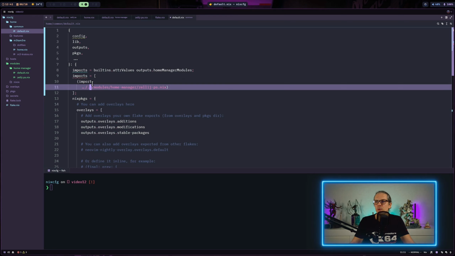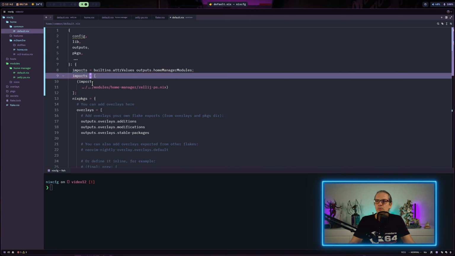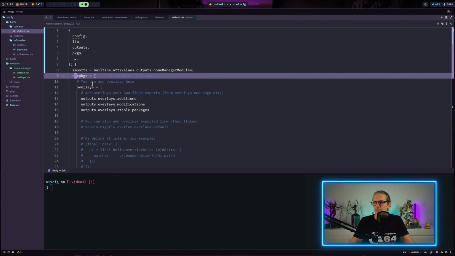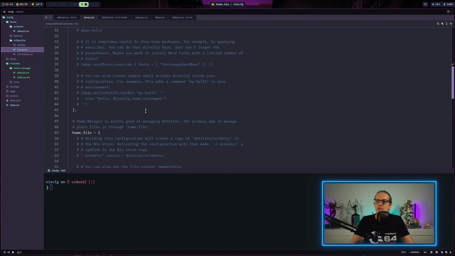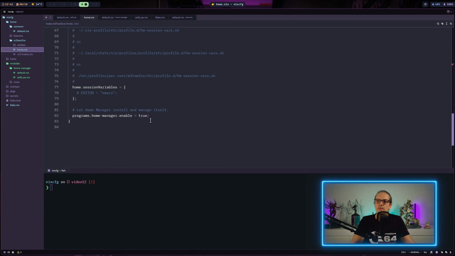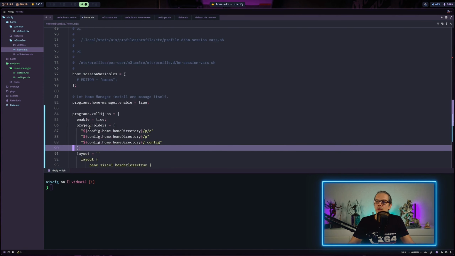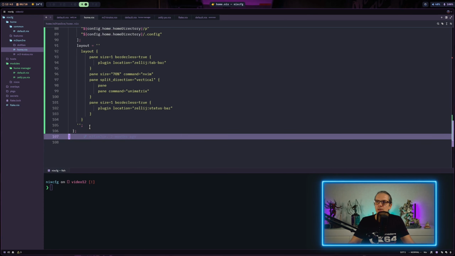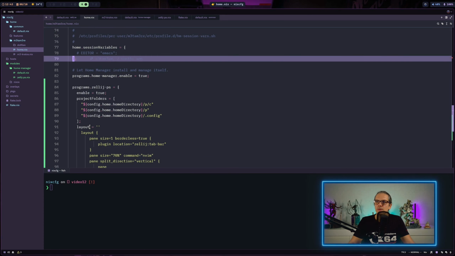And of course, if we have, I don't know, 200 modules in our home manager modules folder, you would have them all in this import statement. That's just for clarity, I will take that away here. And now I can go to my user folder and the home.nix file. For now, I will copy over the configuration I have on my main machine, so you can have a look.